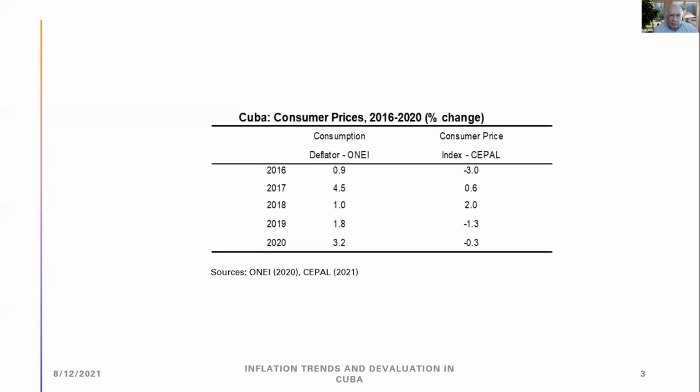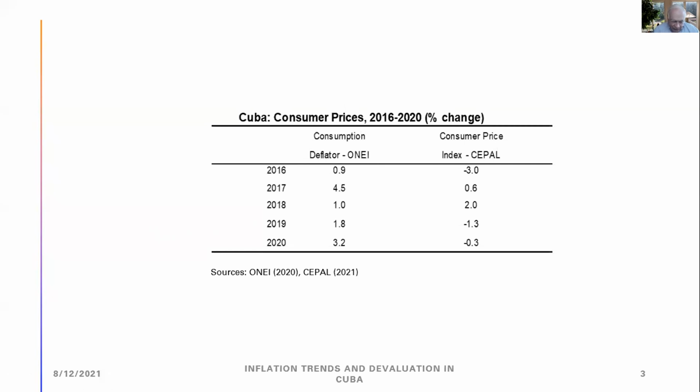Now, these are recent numbers. The government publishes only the consumption deflator, ONA publishes the consumption deflator. The 2020 number just came out essentially as we speak, a couple of days ago, and it was 3.2%. CEPAL produces a consumer price index, presumably on the basis of a basket of prices, and it's essentially negative on average for the last 5 years, whereas the ONA consumption deflator is a little bit over 2%